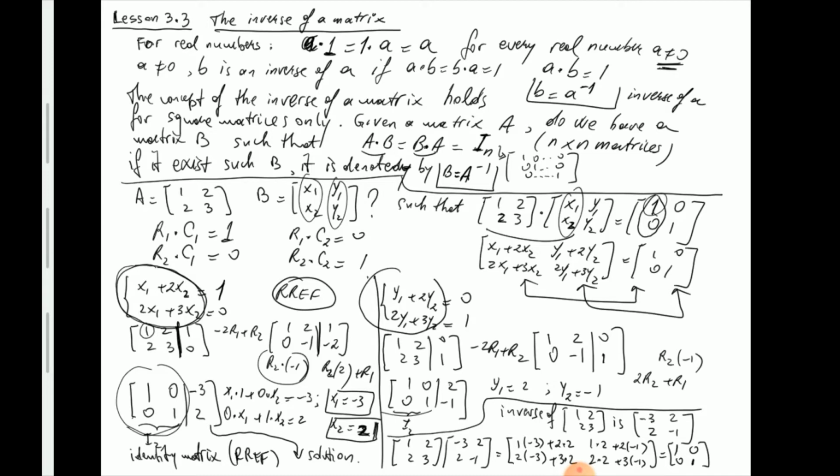So I did this detour because on the second page I'm going to show you the algorithm that you're supposed to use when you do the inverse. But I did this detour because I think it's important to understand that in the algorithm of finding the inverse, you basically use Gaussian elimination to solve multiple systems at the same time. You solve a linear system for each column